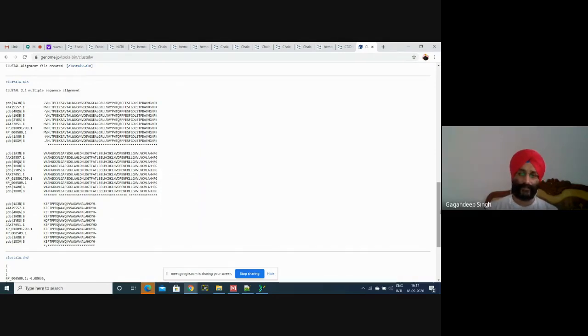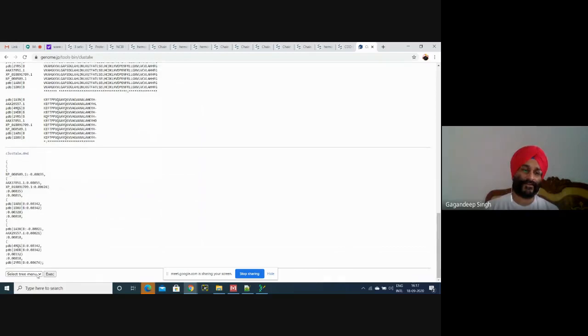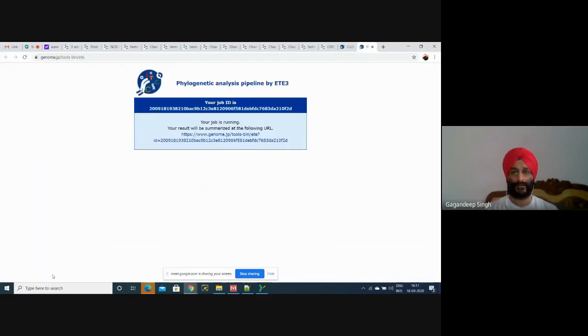See, the results are the same. But why have I done this? I just want to select a tree by using, for example, FastTree.